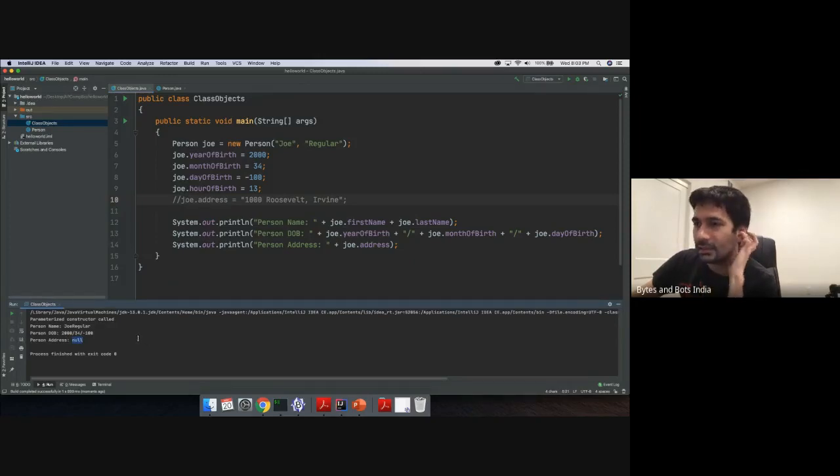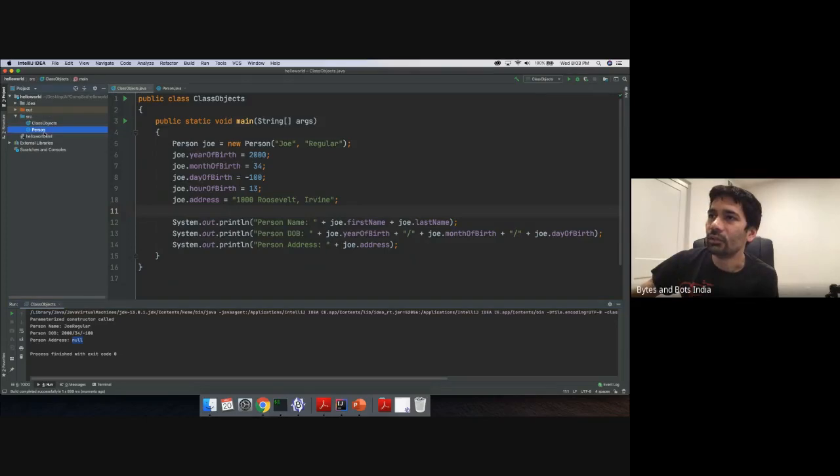You see there's a null printed for the address, right? Everyone here? So just to make sure that you all have null as the output, let's uncomment it, save it,